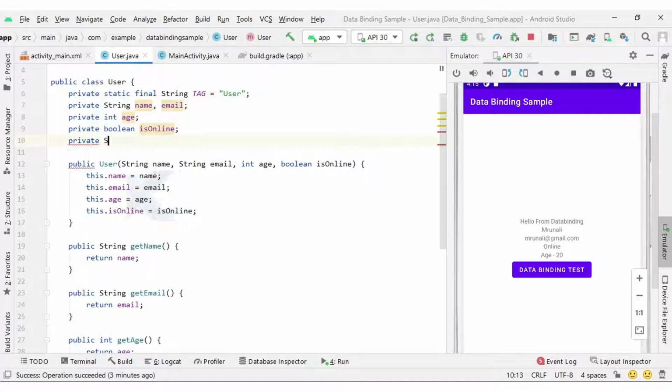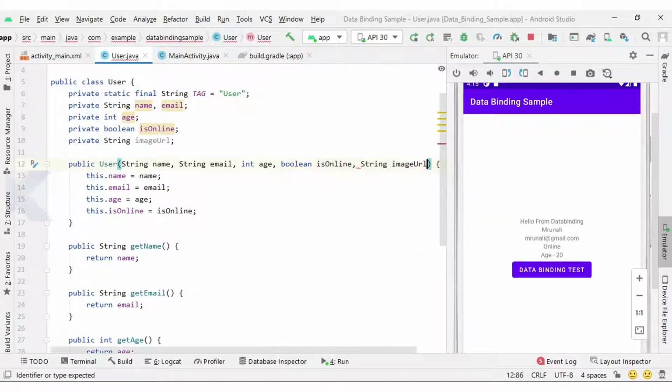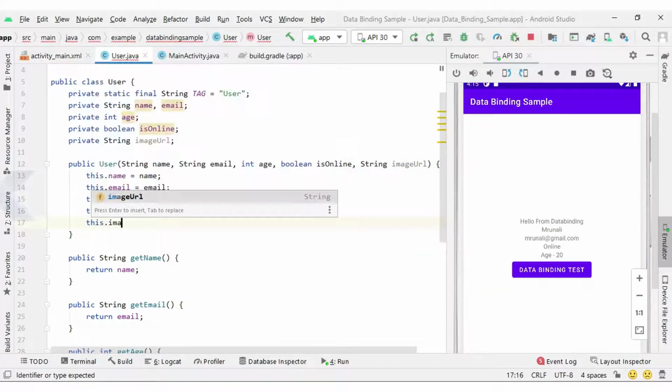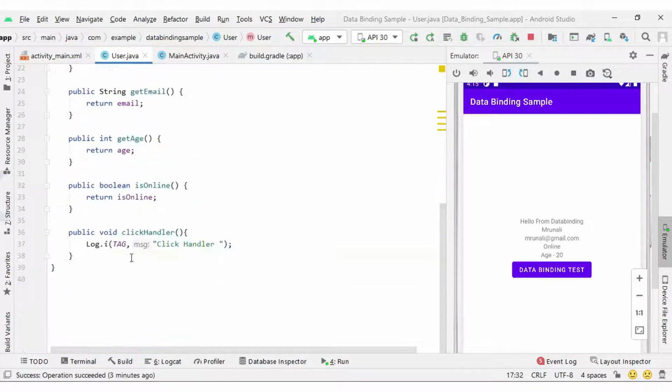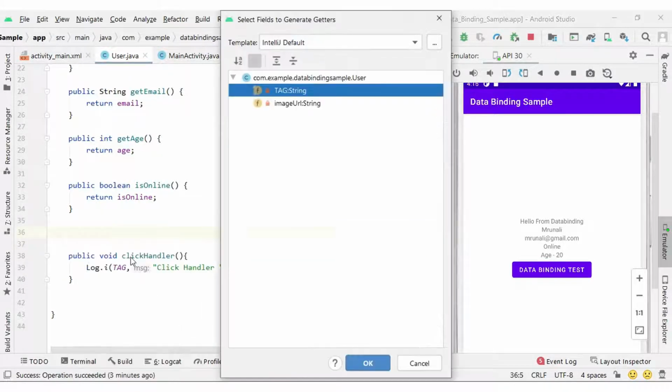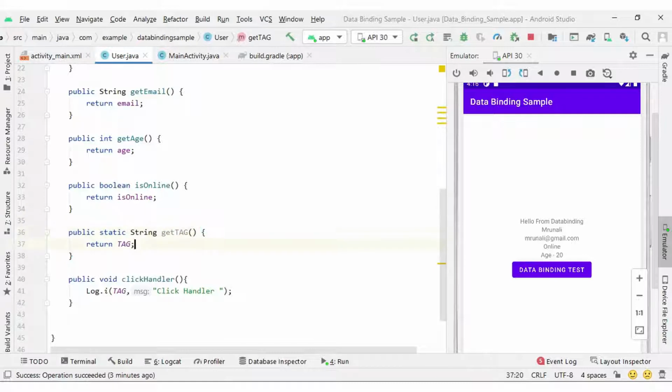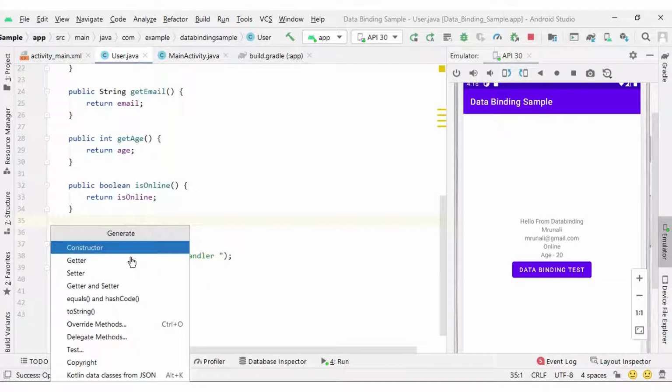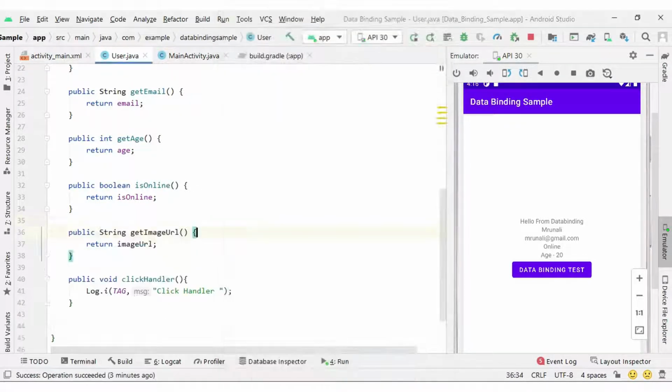I'm creating one more property, private String imageURL, and in the constructor I will add this.imageURL equal to imageURL, and I will create the getter method for imageURL here.